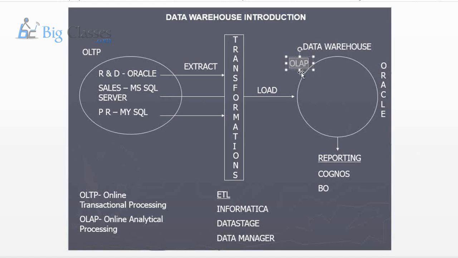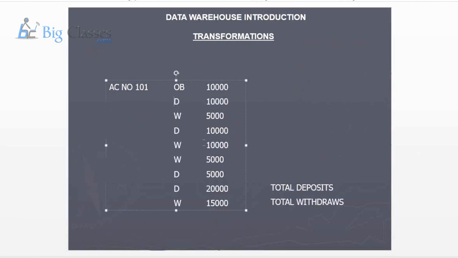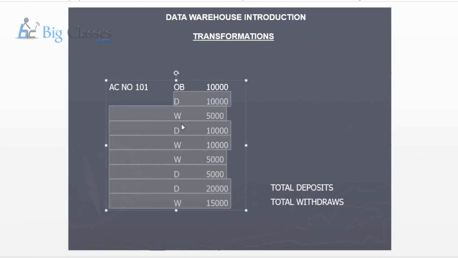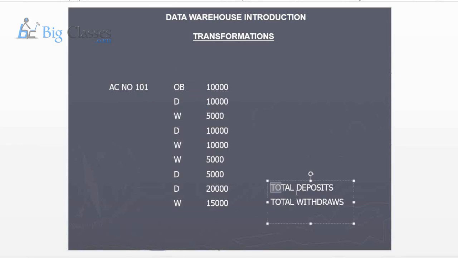Okay, and see, this is the source system. As I told you, this is there in my source. This is the OLTP system. And how are we getting the data into OLAP? By doing some transformations on top of the data, we are loading the data into the data warehouse. So I can say these OLAP systems contain consolidated data or aggregated data. And OLAP systems are denormalized systems.